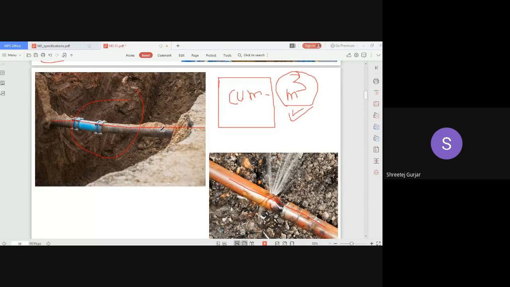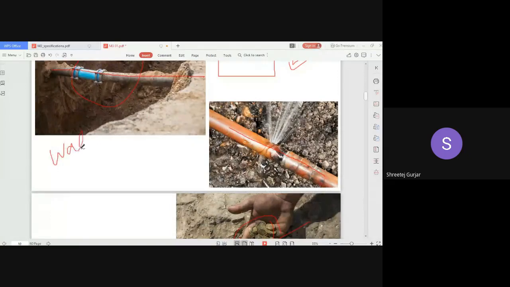Okay, and if you have any waterlogging, what do you do? What do you do if you start to excavate and you find a water table and water starts to come at the surface? That is called waterlogging, because the groundwater table is high, right? This is your ground level and you have to excavate up to this level, but your water table is here. So your excavation will start to be waterlogged. So what do you have to do? You have to dewater it. Whenever water starts to ingress into your excavation, you have to dewater it, right? Take care that you lower the water table and then you start your construction.